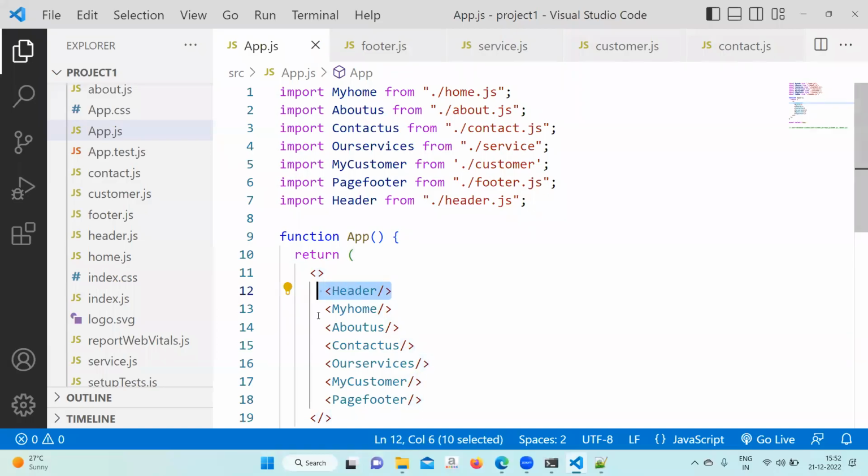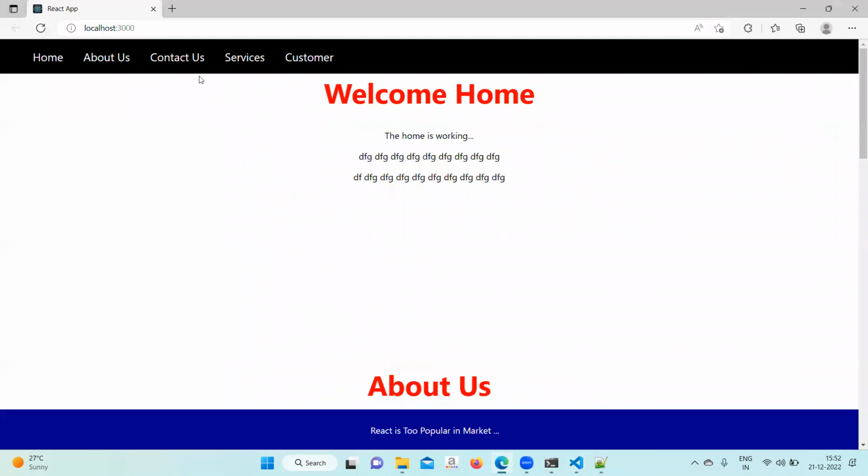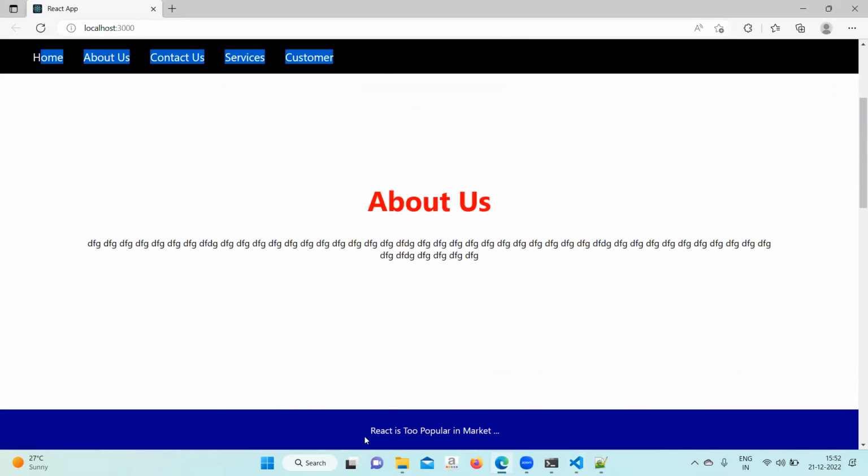Component we have header, and one more component we have called page footer. Now when you look into the design, the header was here on the top and the footer was in the